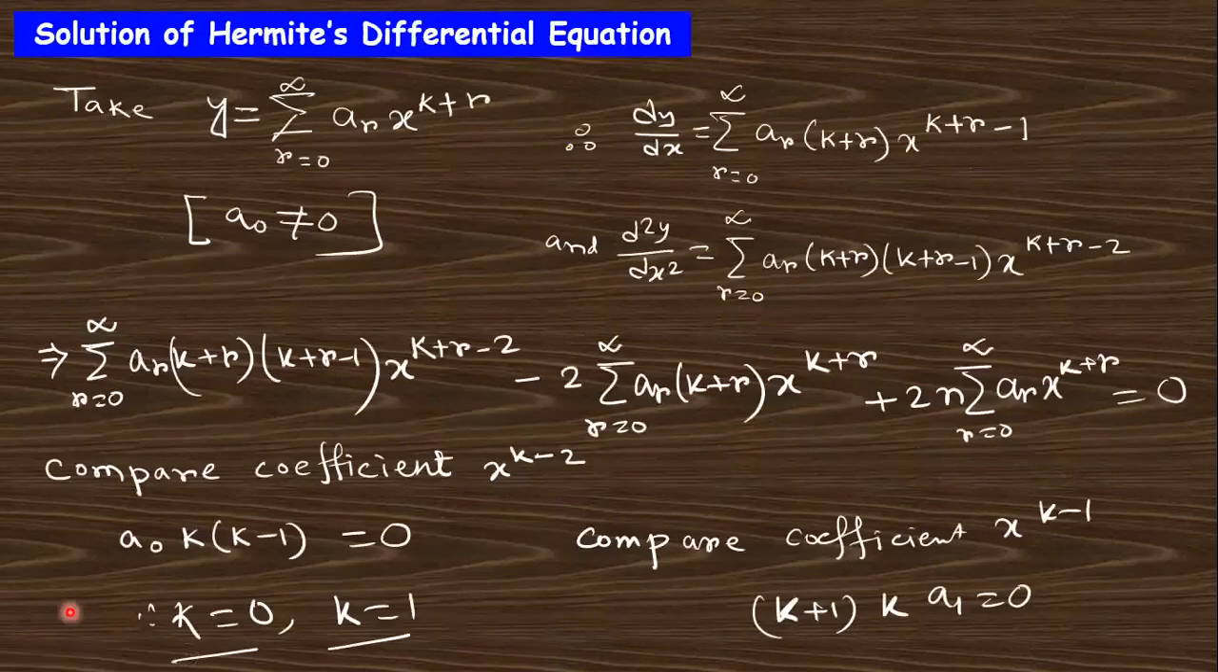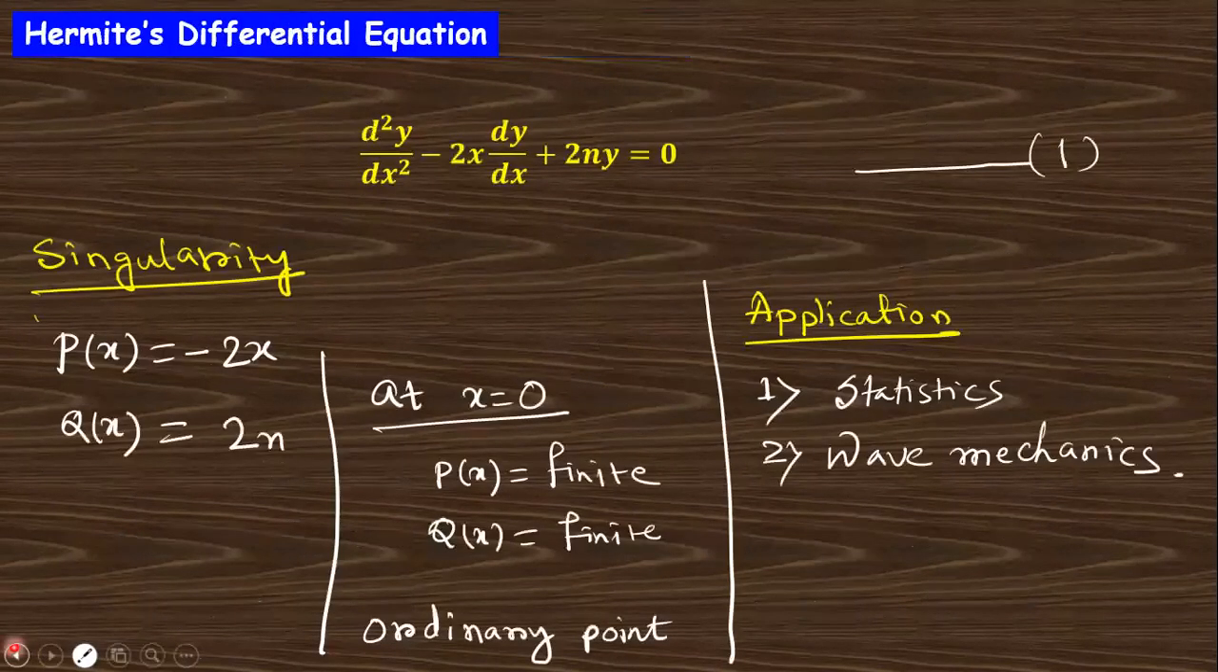If you want to find the solution of this Hermite differential equation, you can use the Frobenius method, because at x equal to 0 this is an ordinary point. So we take this form of the Frobenius series, take the first-order and second-order derivatives, and put them into the differential equation. We get this